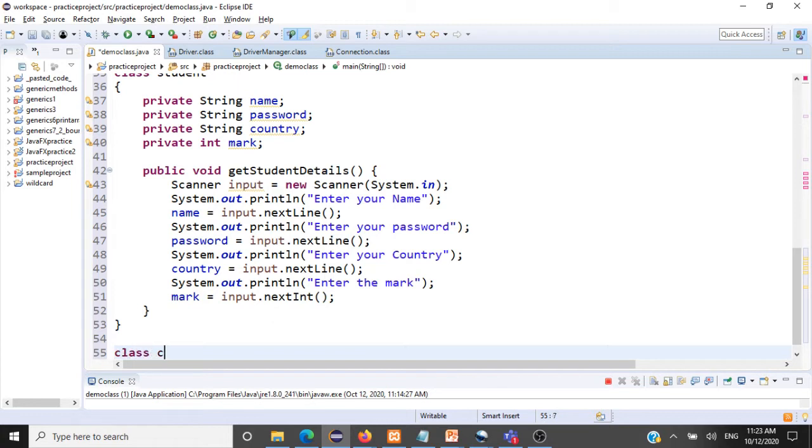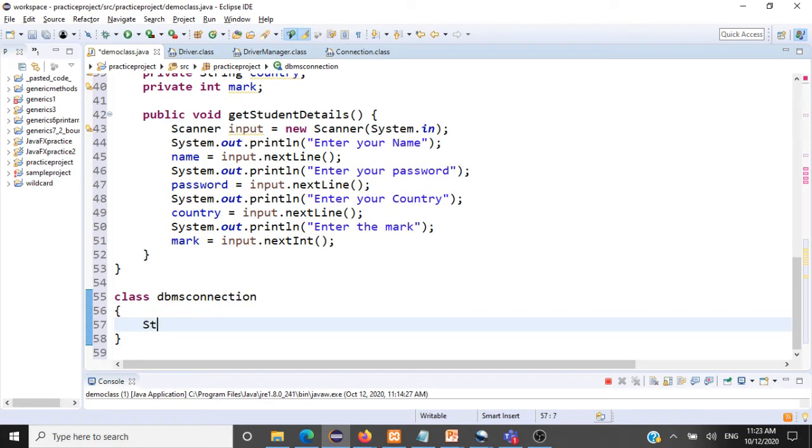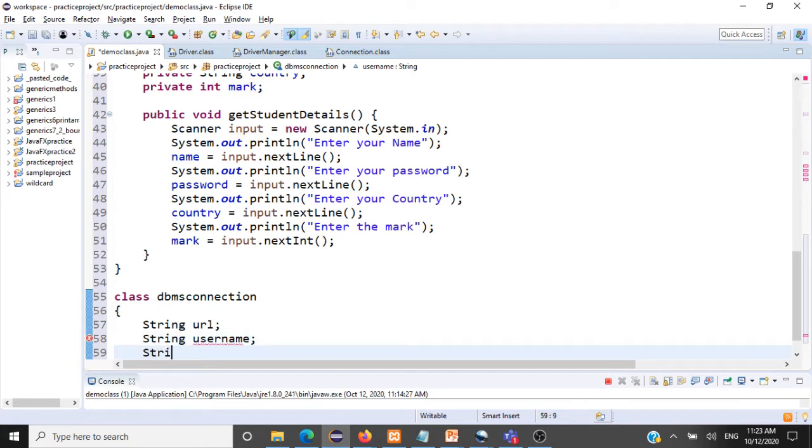Let's call this class DBMSConnection. I mostly create this class for handling all the connection related activities. Whenever you're talking about a connection, what all things will you talk about? You'll talk about the URL, a String url, and a String username. These are the things that we give for establishing a connection, and then a String password.